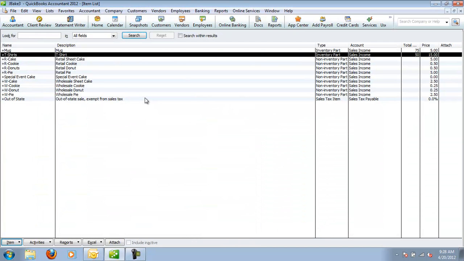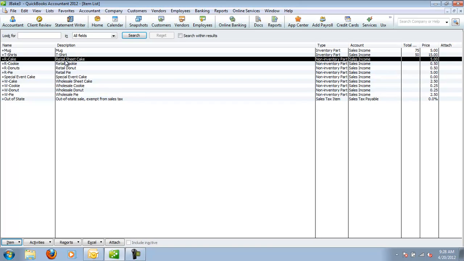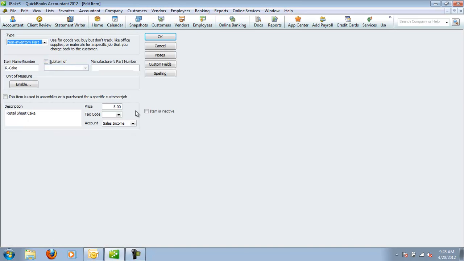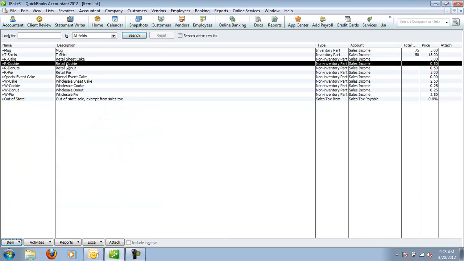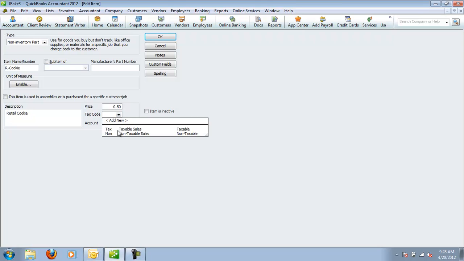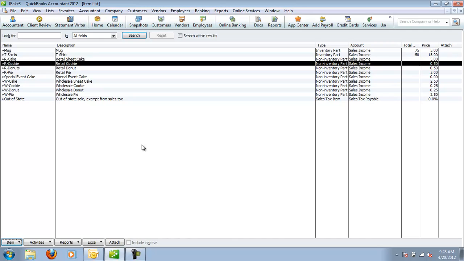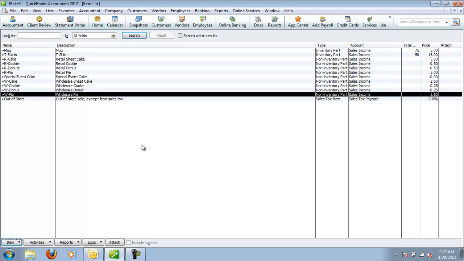Let's just add t-shirt into the dictionary so it doesn't keep pulling that up. And each of our non-inventory ones, we want to make sure they're not taxable, because foods really aren't taxable. So take a second and go through each of your items and make sure they are taxable or not taxable. Once you've gone through each of those and made those non-taxable and just your mugs and t-shirts taxable,